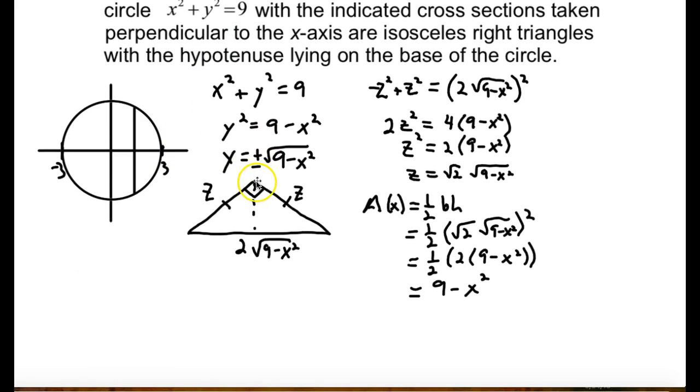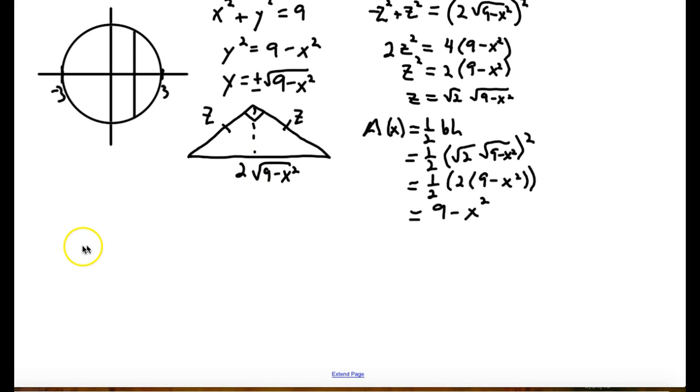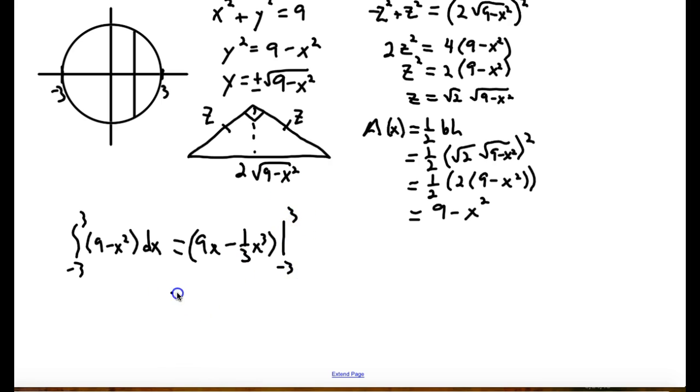So let's scroll down a little bit here. So my integral then would look like this, -3 to 3 of my area formula, so 9 minus x squared dx. Okay, and this one's pretty straightforward to do by hand. Take the antiderivative, so we would get 9x minus 1/3 x cubed, and I want to evaluate this from -3 to 3, so I'm going to plug in